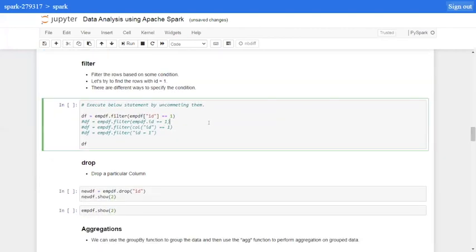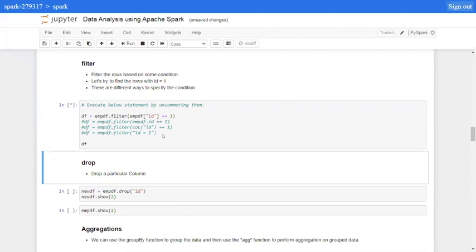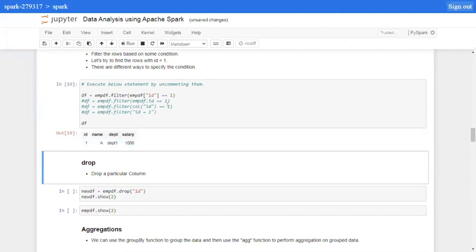Now, let's proceed with the filter. Obviously, even in the filter, you can use any sort of expression. I will not go into the detail of all of these again, but you can play around as per your convenience. Filter is similar to the where clause in your SQL. So it will filter the records. And what's the expression? Give me the records where employee ID is equal to 1. So it will return only the records with the specified condition. If you would like to write multiple conditions, you can use the and and or clauses to write a very complex expression as well. Okay.